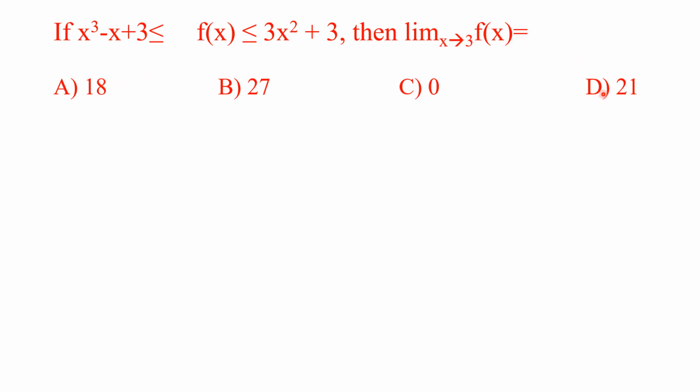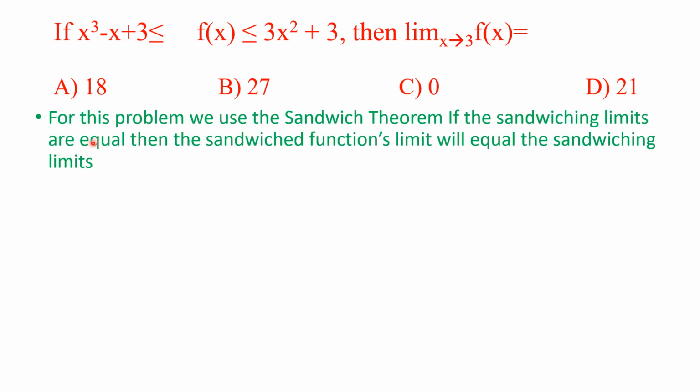And to find the correct one, obviously we're sandwiching f of x between two functions. So let's go for this and then we will proceed. For this problem, we use the sandwich theorem. If the sandwiching limits, that means the limit of the left-hand side and the limit of the right-hand side, are equal, then the sandwiched function, which is f of x, its limit will equal the sandwiching limits. And we can explain that